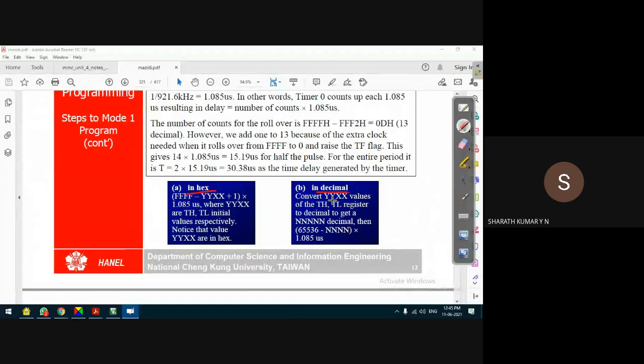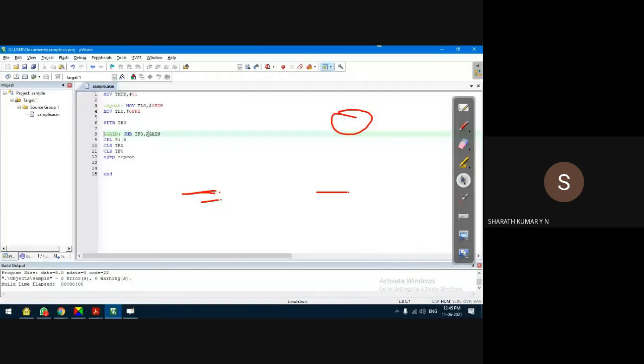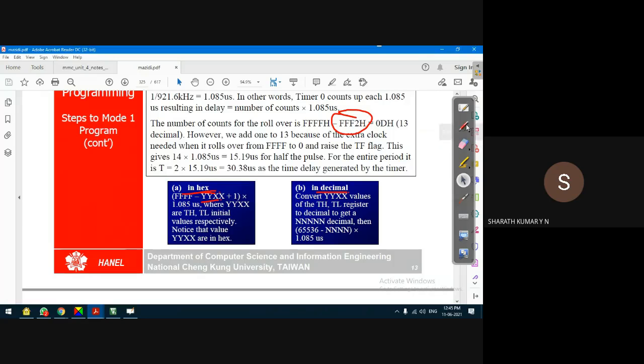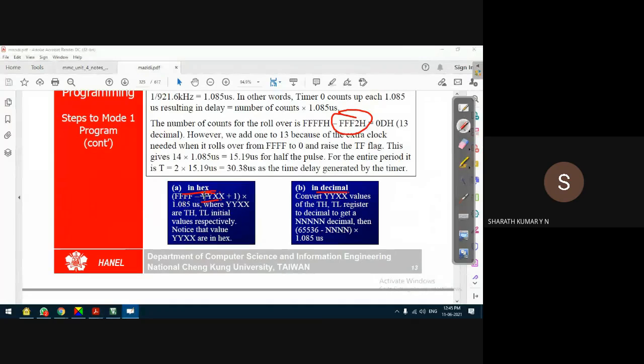These names are quite strange, but the methods are very simple. If the value is given in hexadecimal, obviously, because in the program we saw that the value was FFF2H, it is in hexadecimal, since to the compiler we load hexadecimal values, not decimal. So for this hexadecimal value, what is the delay generated by the timer? We are going to calculate that using the hexadecimal method.